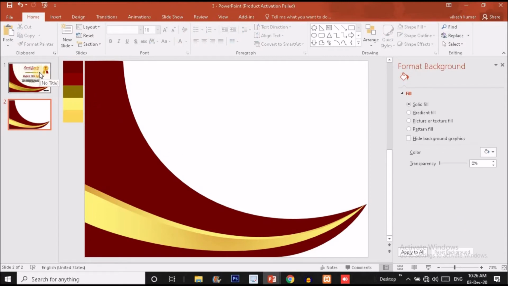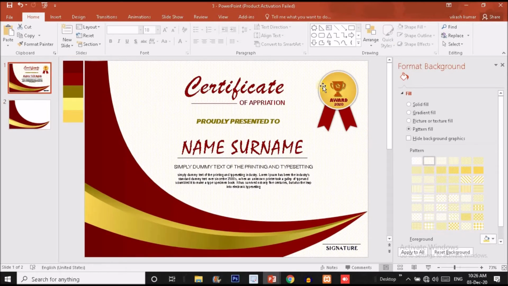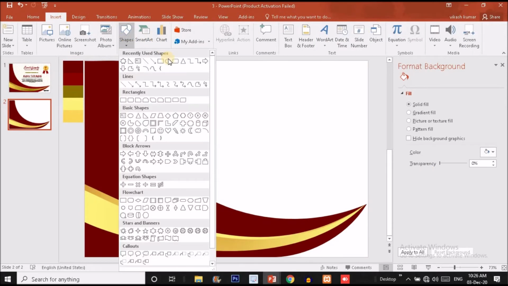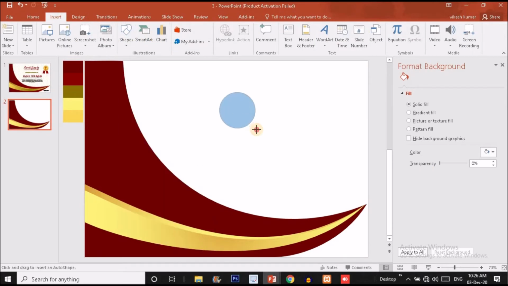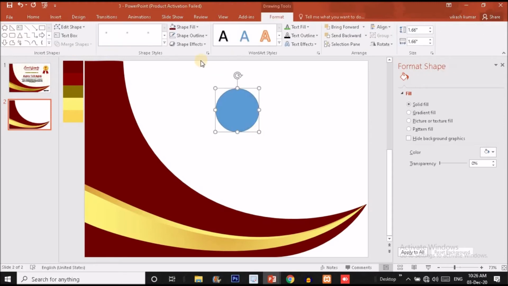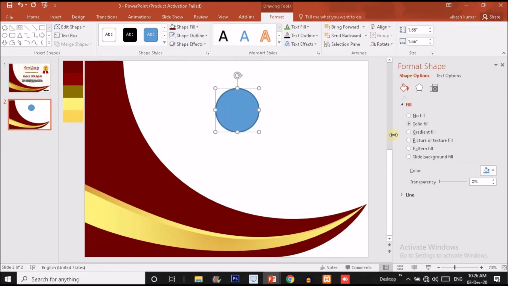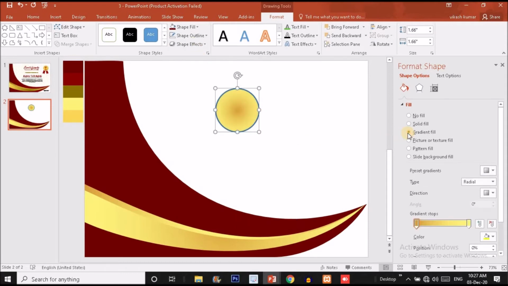So now what you have to do, you just have to make this logo. To do that, I will click on the Insert option, choose an oval shape, press Ctrl Shift together and drag a circle like this. Now make the outline about this much and fill it with the gradient fill option over here. Now I will alternate these stops to get the effect like this. For the left I'm using the lighter brown, for the right I'm using the darker brown color.